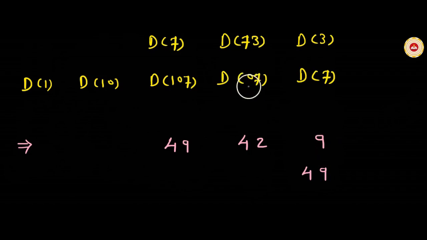Duplex of 0, 7, two digits, so 2 times 0 multiplied by 7, that means 0. Now calculate the duplex of 107, 3 digits. So 2 times the product of the two end digits plus the middle digit squared, but the middle digit is 0. So 2 times 1 multiplied by 7, that means 14. Write 14 in the third part below 49.